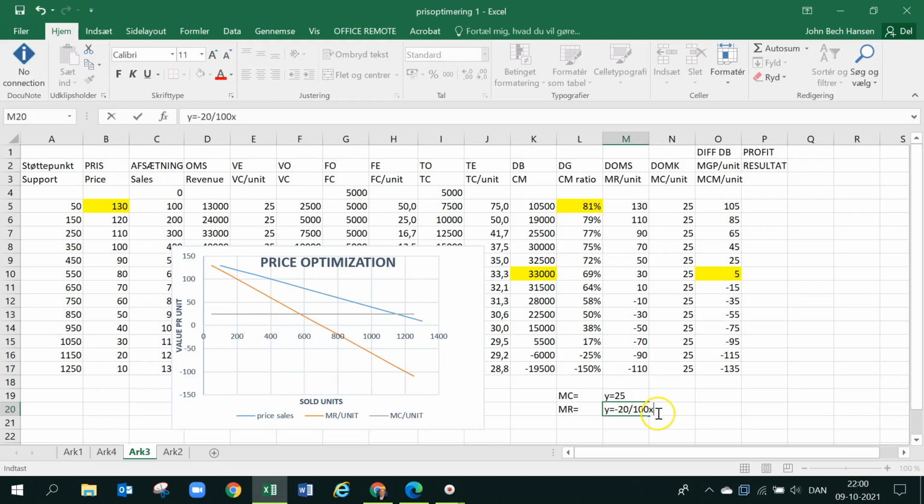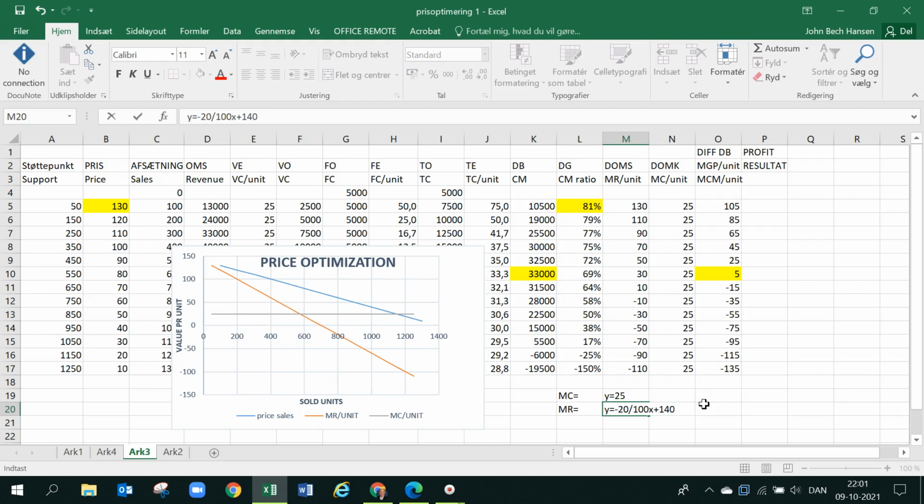But if x is 0, we can see here it goes up by 20 for every 100, but I only need to go down by 50 to reach 0 from here. So if it goes up by 20 when it goes down by 100, then when it goes down by 50 it will go up not by 20, but half of it, 10. So it will be plus